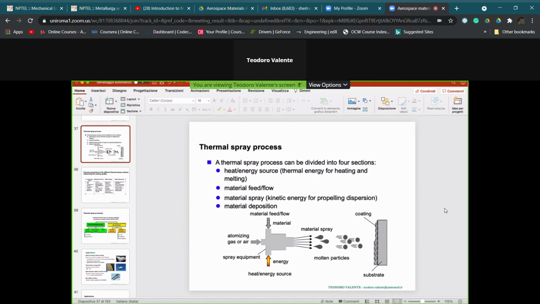Applications, then we will see obviously the processes in order to let you have an idea on how wide is